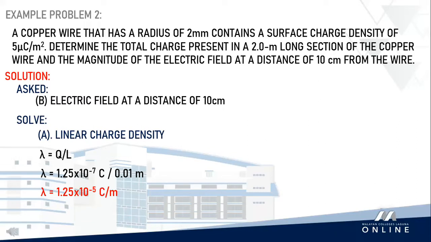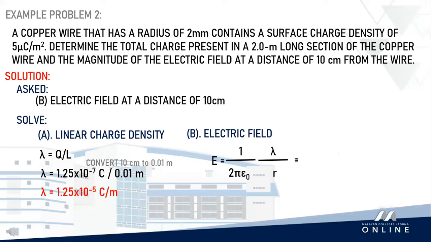You may notice here that we convert 10 centimeters to meters because meter is the standard unit we need for this equation. Now that we have the value of linear charge density, we can substitute the values in our working equation to find the electric field. E is equal to 1 over 2 pi times our constant value of 8.85 times 10 raised to negative 12 coulomb square over Newton meter square times 1.25 times 10 raised to negative 5 coulombs over meter, the value of linear charge density over distance r,